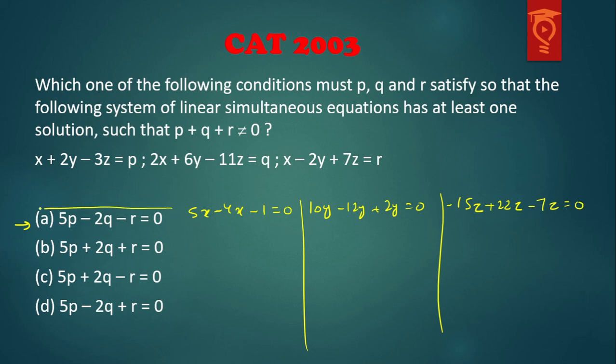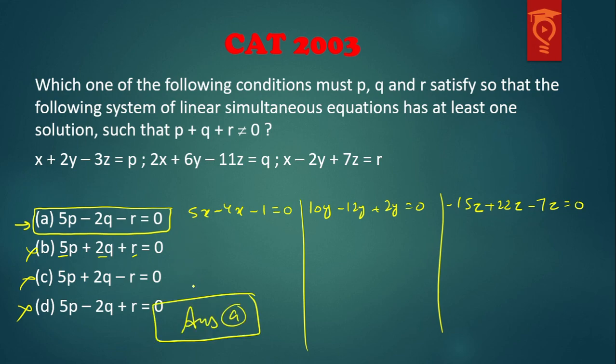And as you see the coefficients are the same everywhere, 5, 2, 1, and only the signs are changing. So if it is working out with option A, there is absolutely no point checking out the other options, and this option suggests that the equations are simultaneous and they will give you at least one solution. So the answer clearly becomes option A. Moving on to the next one, and the last question of the video.